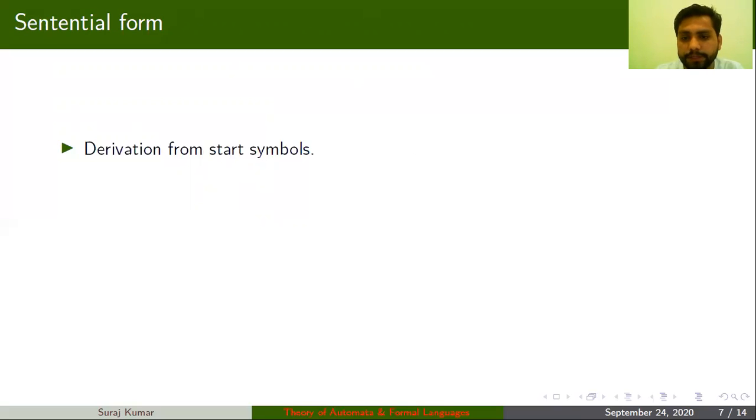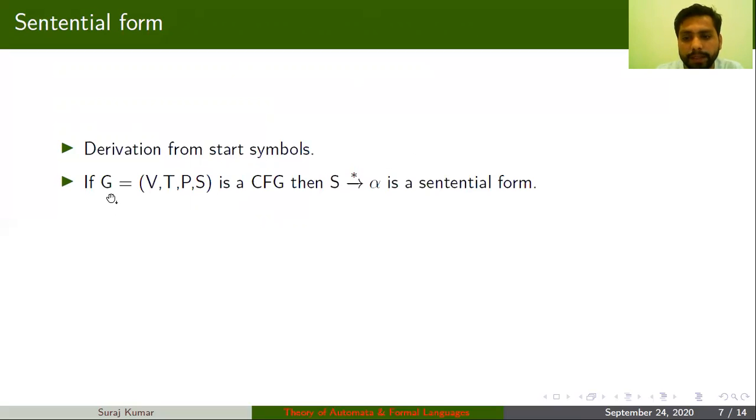So let's see another form which gives the representation for these two derivations. You will always start from the starting variable. Suppose your grammar is G equals (V, T, P, S), which is your context free grammar. You can always write S implies star alpha. This alpha is your input string, and S is the starting symbol. Implies star means you are taking more than one move. If you write simply the arrow sign, it means only one move, and if you write this one, that means you are taking many moves.